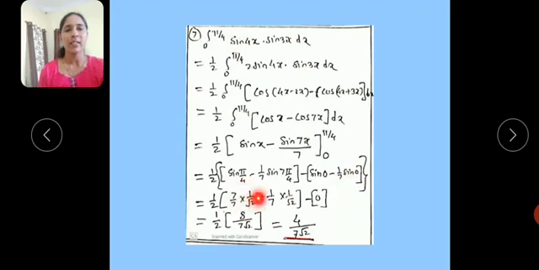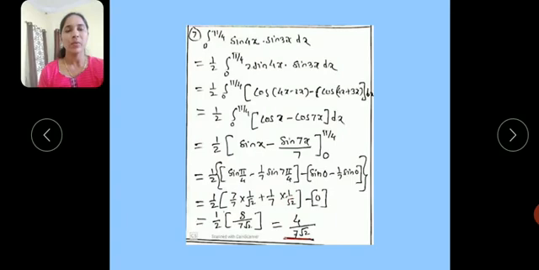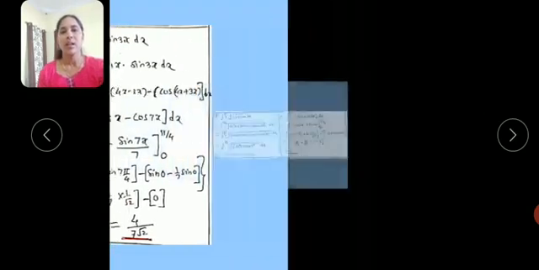This is equal to 1 by 2. Arranging 7, we divide and multiply by 7 and arrange this step, we get 7 by 7 into 1 by root 2 plus 1 by 7 into 1 by root 2 minus 0. Here 1 by 2 into 8 divided by 7 root 2, 8 divided by 2 is equal to 4, that is, 4 divided by 7 root 2 is the answer.